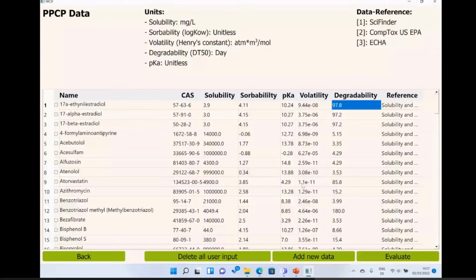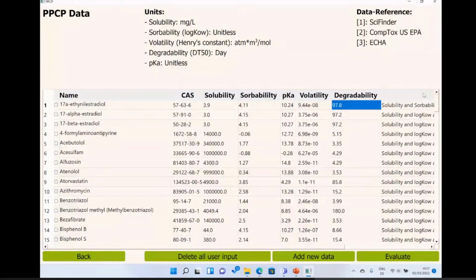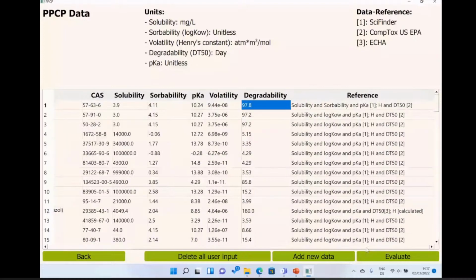If you want to know more about the default database, for example, from where we have collected these values, you can easily check the reference column on the right side. For example, here we can see that for solubility, log KOW, and pKa, the source is 1. What does 1 mean? You can check here in the reference that 1 means SciFinder.